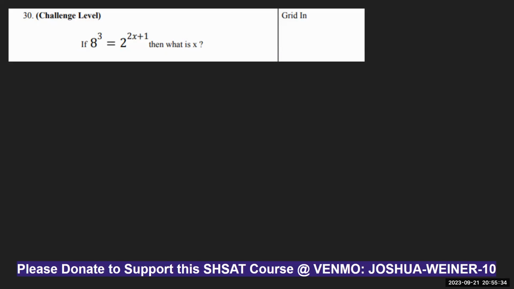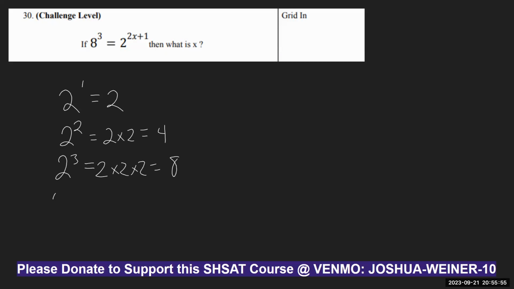All right, let's go over the idea of exponents. This is again from high school. You have to know that 2 to the first power is 2. 2 to the second power is 2 times 2, so that's 4. And 2 to the third power is 2 times 2 times 2, which is 4 times 2 is 8, and so on. So the number above it is the number of times you repeat it by multiplication.